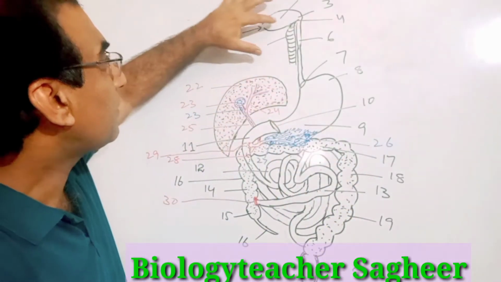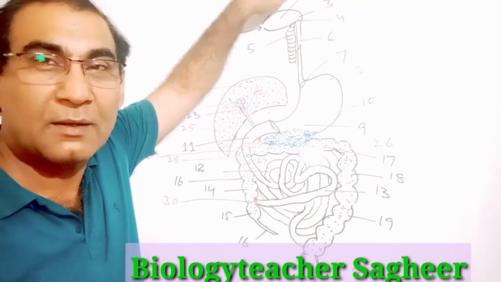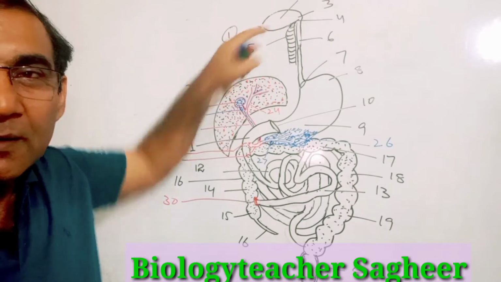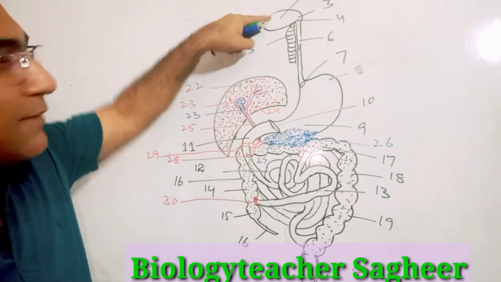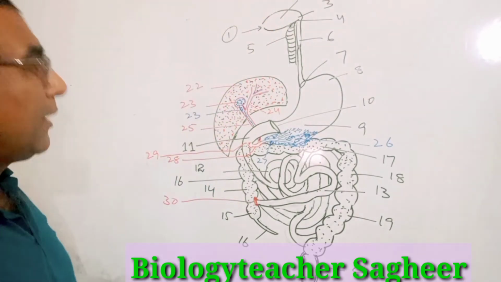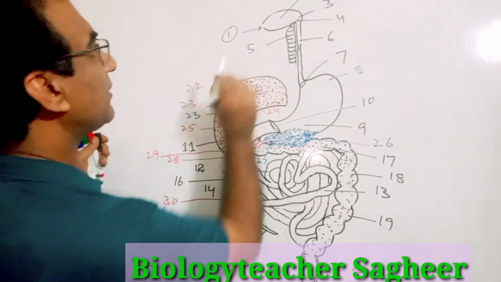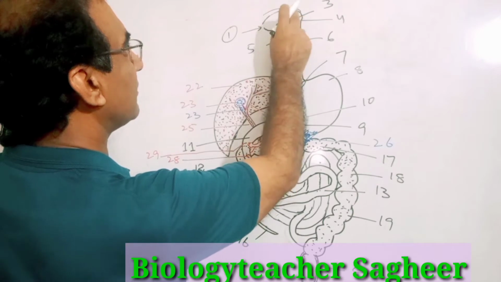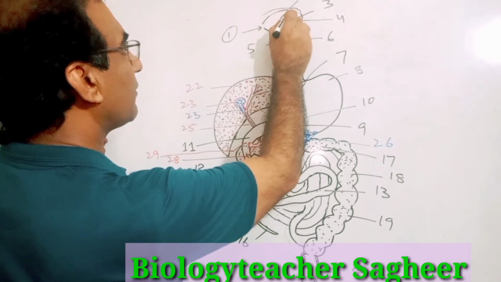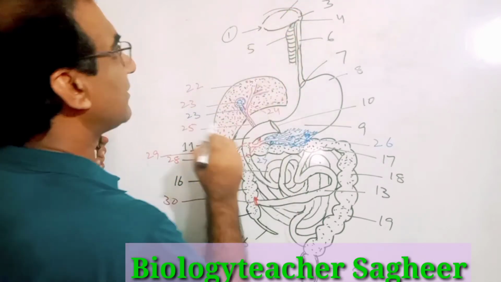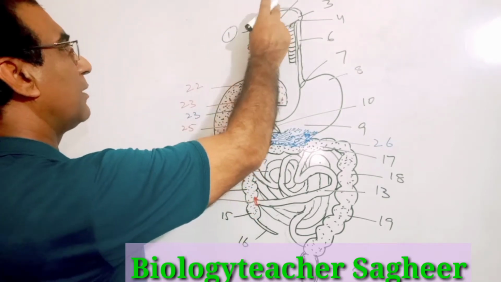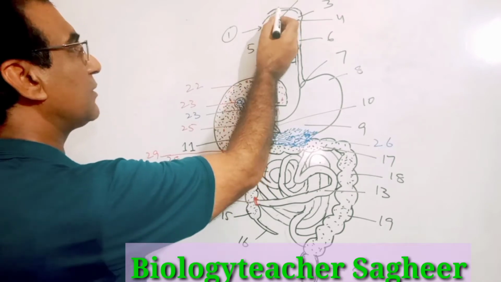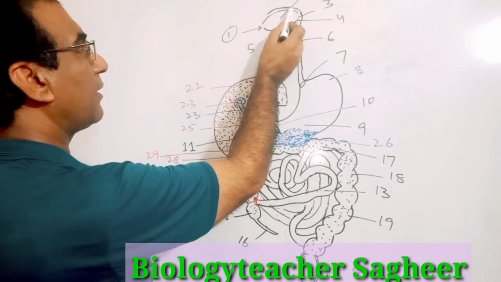Well, the next part is the second part of your digestive system, and that is what? Your oral cavity. The oral cavity. Okay, and above this cavity is present the nasal passage. So here the nasal passage and the oral cavity and nasal passage, they are connected here